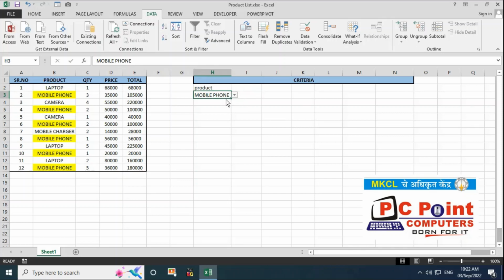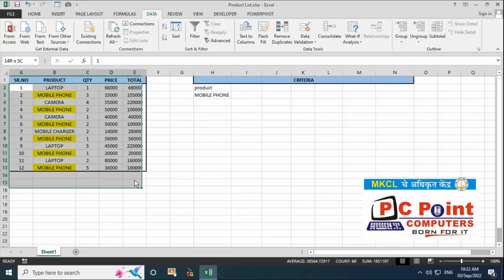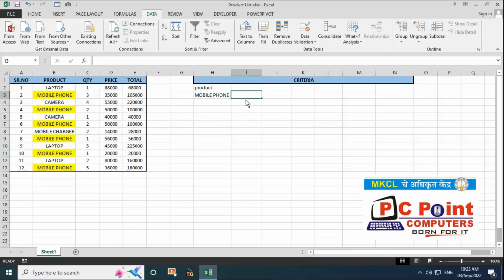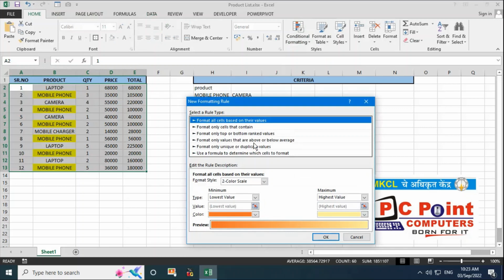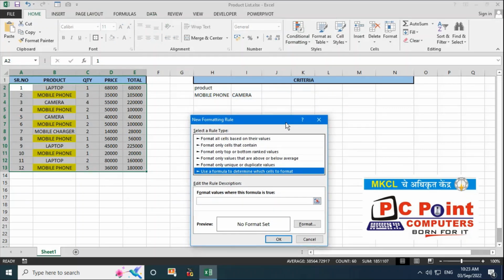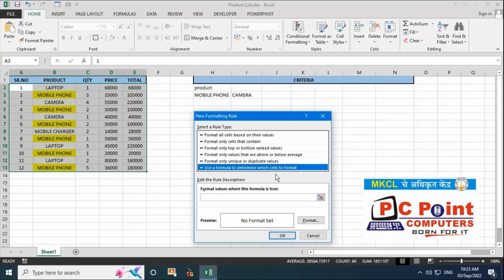So now what we did, we applied the condition for the column values. But now if you want to highlight your entire data, like if I want to put conditional formatting on my entire record, first I'll write my criteria, like I want to find camera. For that you need to select your entire data over here, go to the home tab, go to conditional formatting, go to new rule, go to the last option, that is use a formula to determine which cells to format.